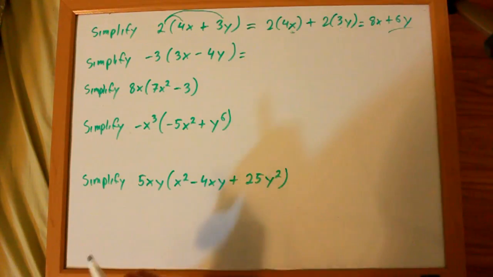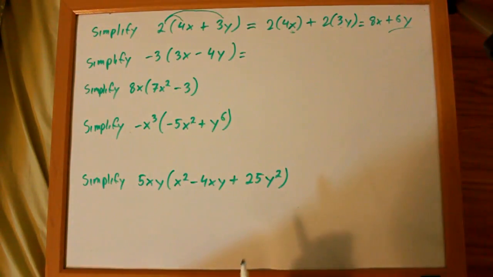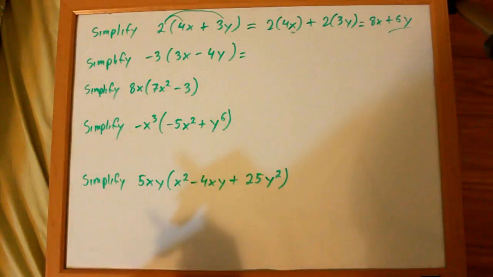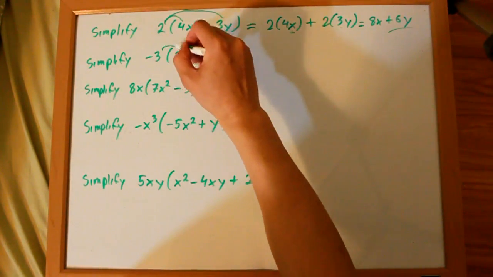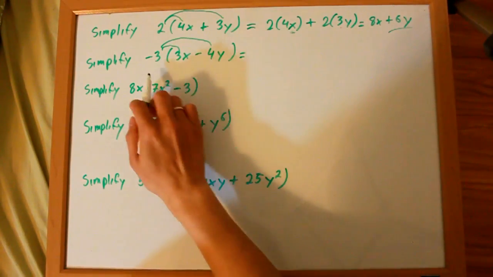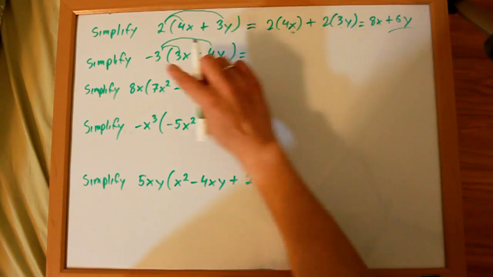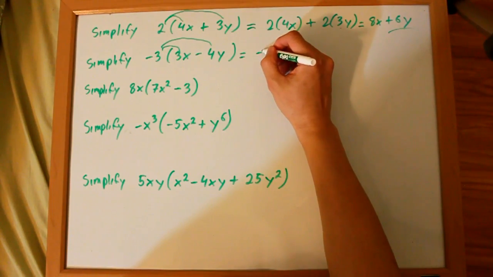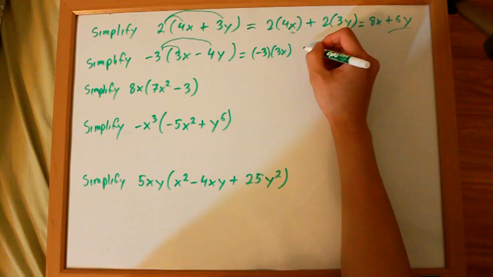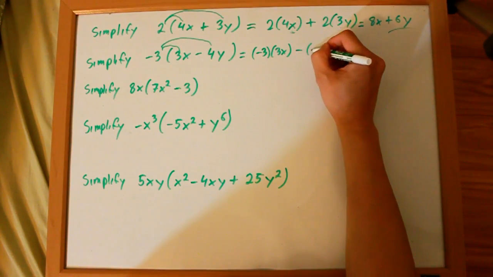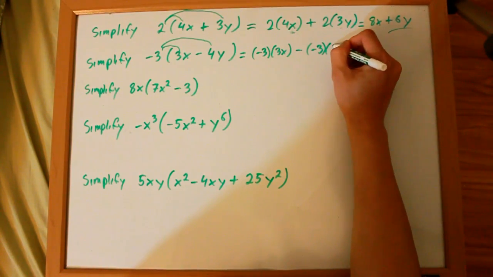And our second problem will show how the distributive property works when there's a negative sign. So first, we've got to multiply them individually. So negative 3 times 3x. Let's write them down separately like this first so you know what that's going to look like. Negative 3 times